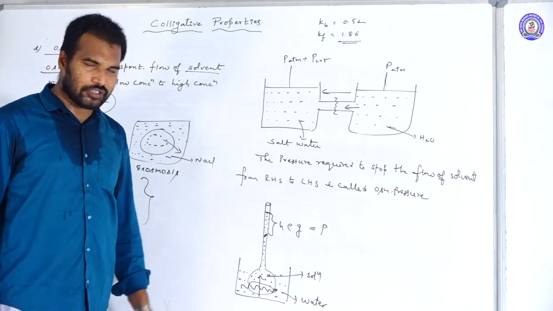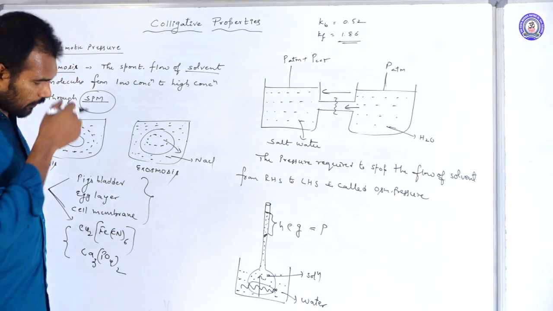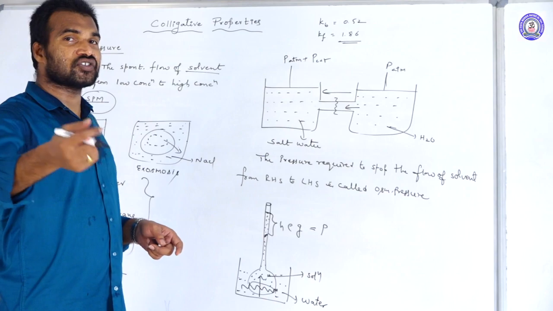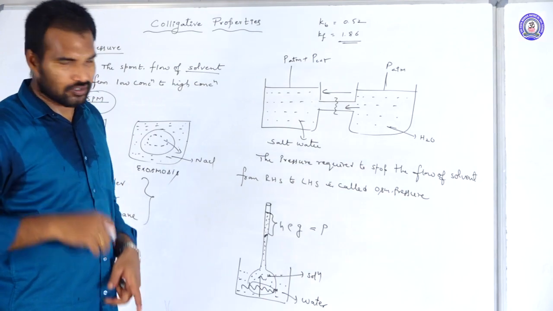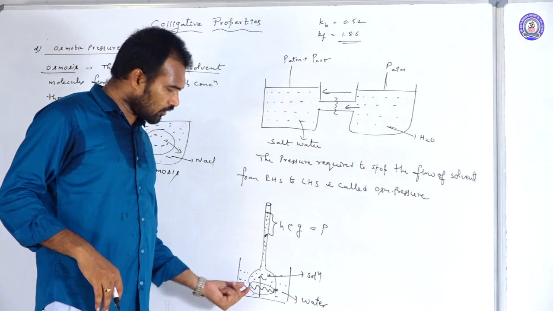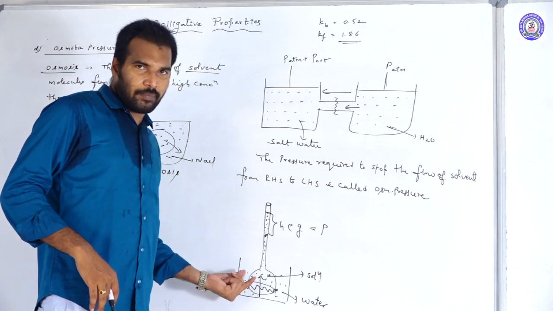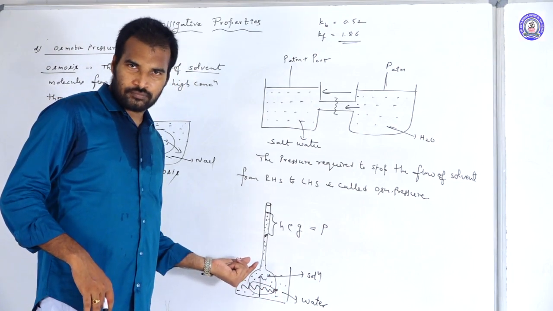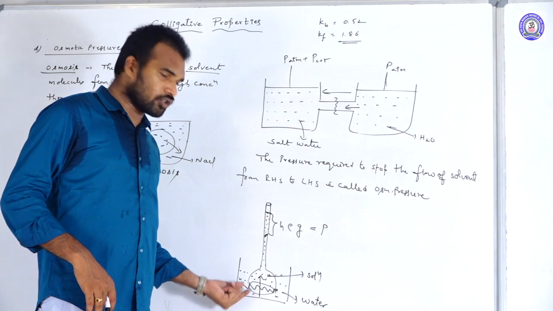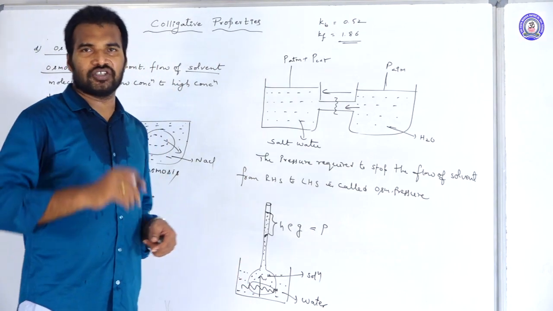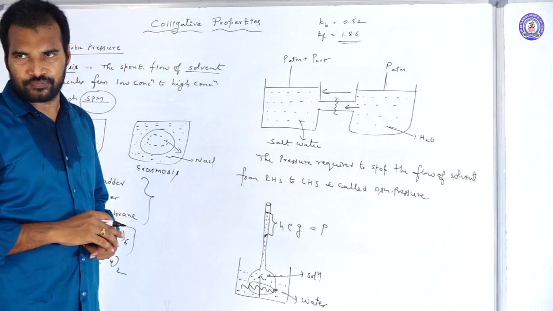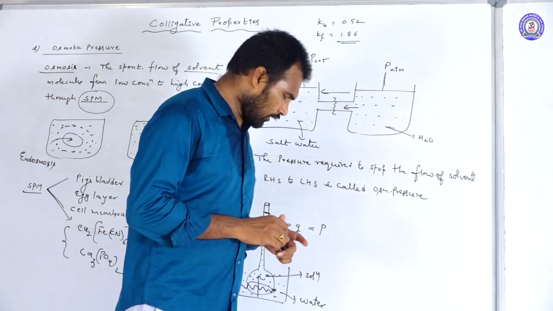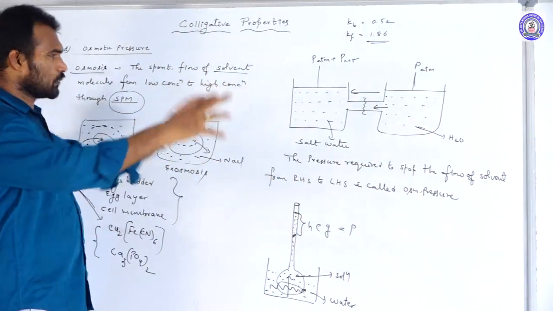Now according to this, how can you define the osmotic pressure? It is nothing but the hydrostatic pressure. Hydrostatic means the pressure exerted by the water. The hydrostatic pressure on the semi-permeable membrane, or hydrostatic pressure on the solution to flow the water molecules from water to solution, that pressure we call it as what? Osmotic pressure. Okay, so this is one more definition. Now I hope you are clear about what is osmosis and osmotic pressure.